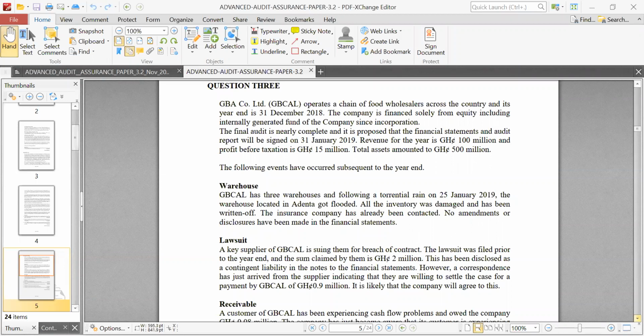You start with client acceptance. You can talk about the actual performance of the audit. The actual performance of the audit embraces things like the engagement team. That's where we look at the engagement team. We look at things around supervision, and review of work and all that. So you can look at it in terms of the phase of the audit and look at the quality control procedures that must be in place.